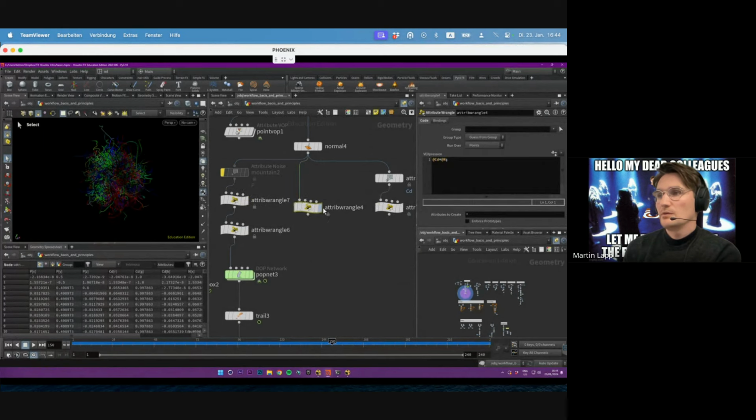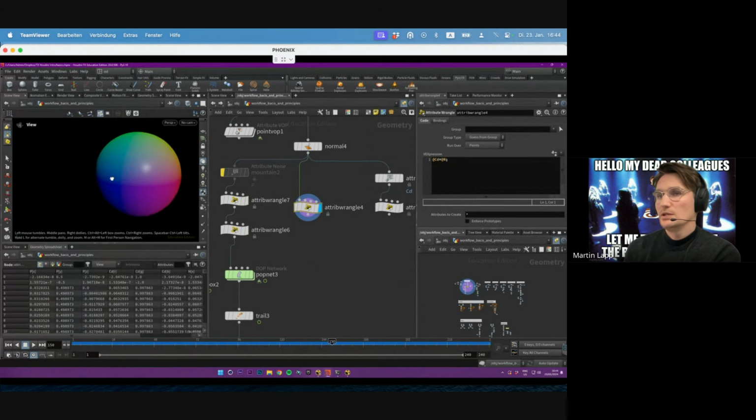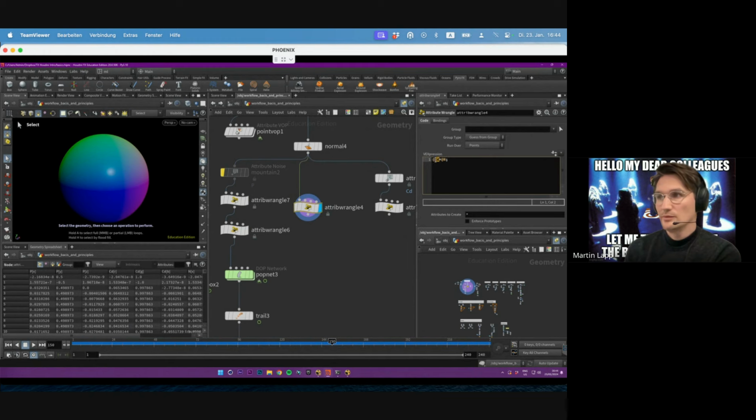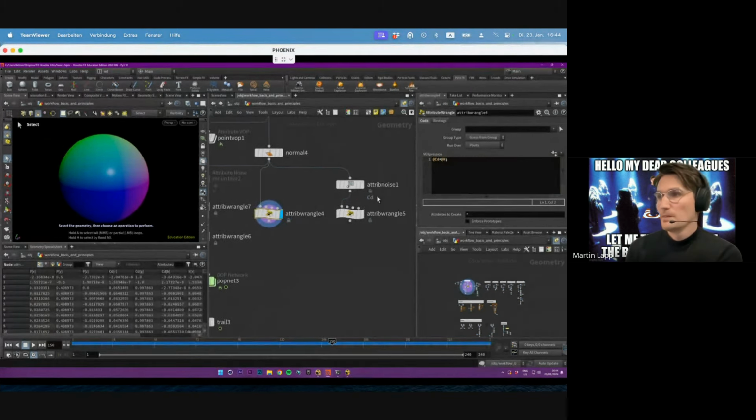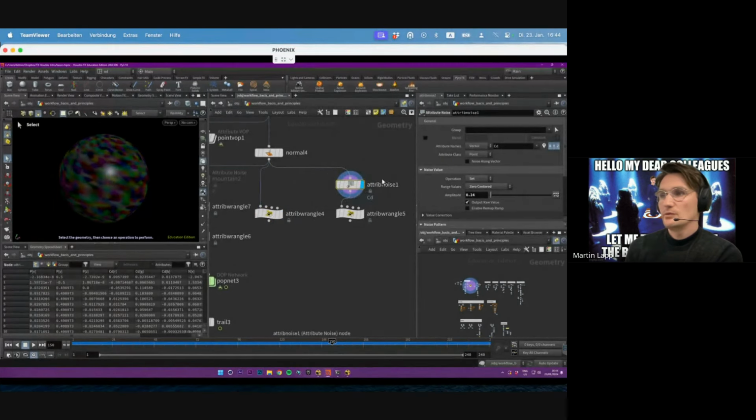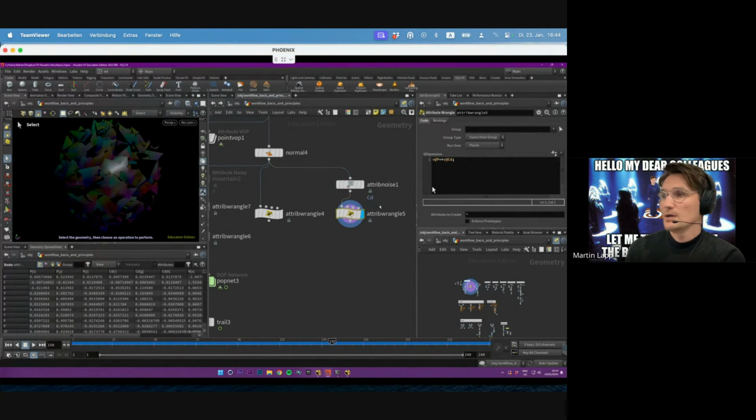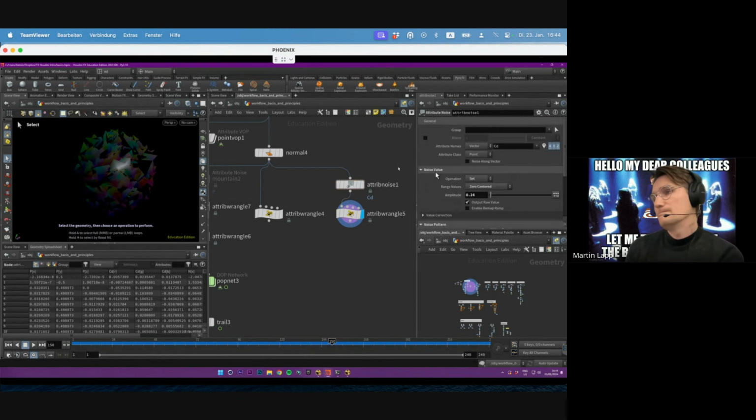So another example would be, I can also use normals as my color instead of position. I can also noise up my color by just using attribute noise, and then setting my position and adding the color to it. So that means that if I increase the amplitude here,